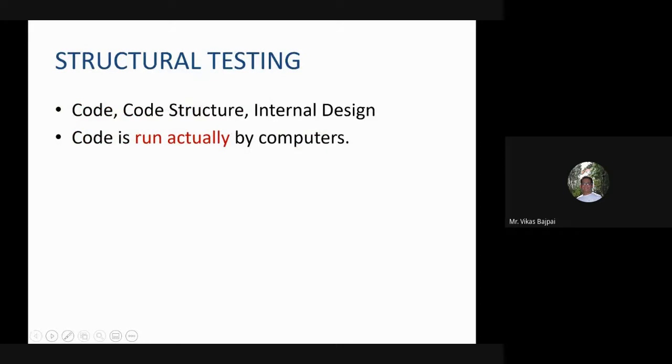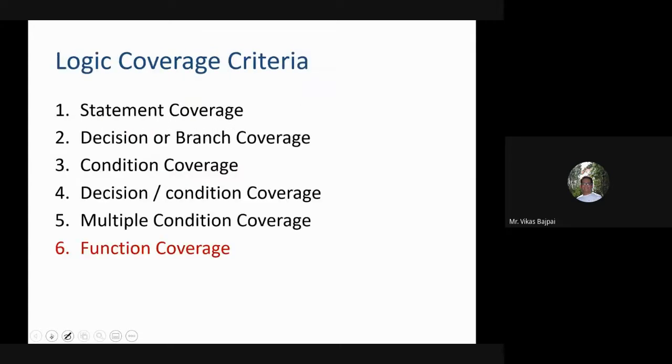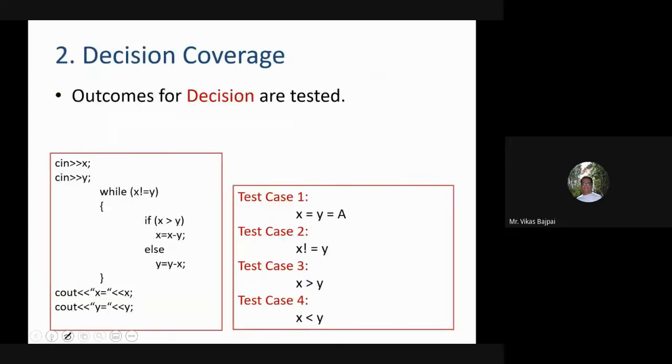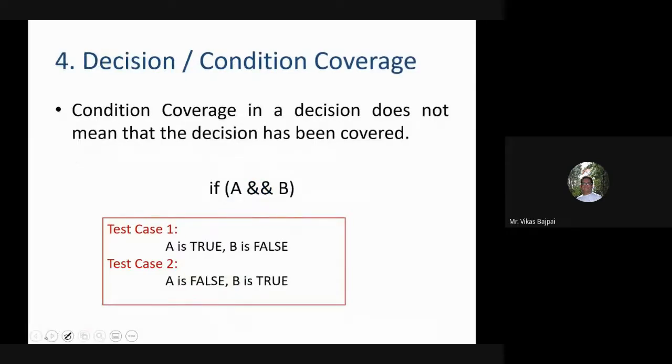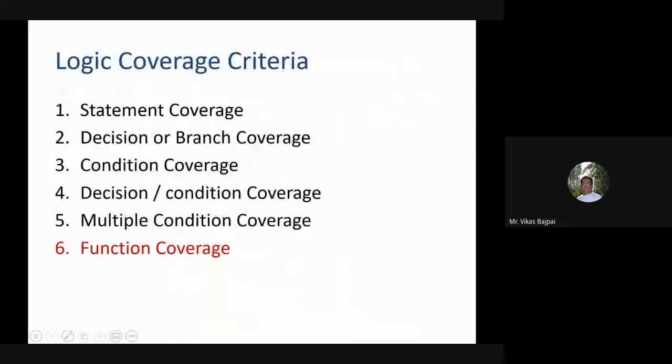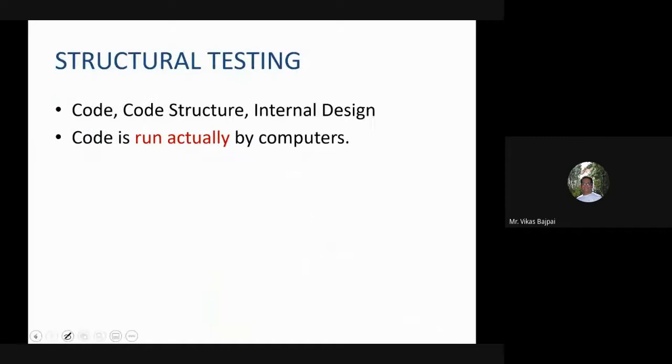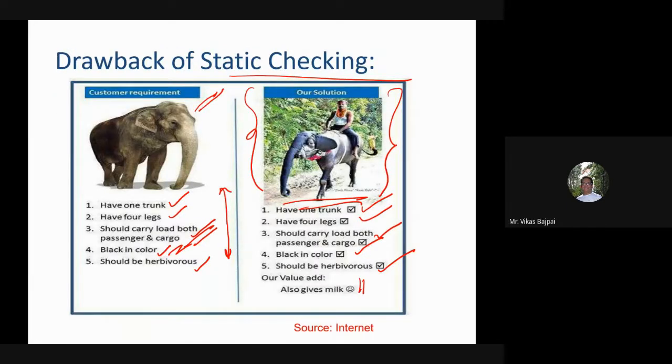Now next is your structural testing. This deals with executing the piece of code, and we'll take this in a separate class, where we'll have the entire discussion. So now let's take the doubts. We have 20 minutes with us, so let's take the doubts, and the next topic where the execution of the code will take place, we'll see in the next class.